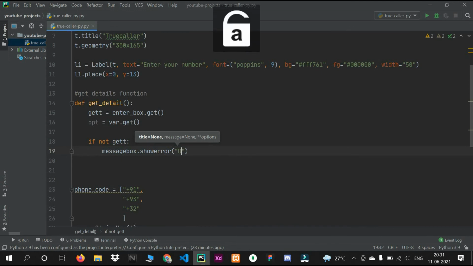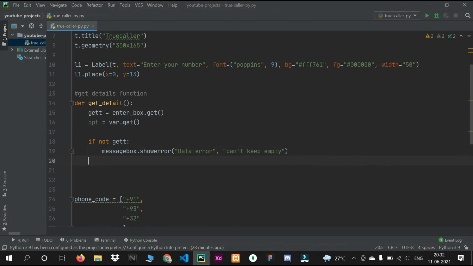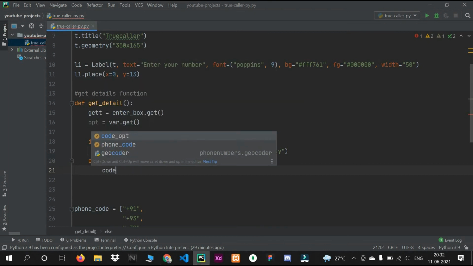In that I will write data error, and the message, can't keep empty. So if the user hits the get details button without inserting any number, it will display this message, or else display the code and our output.